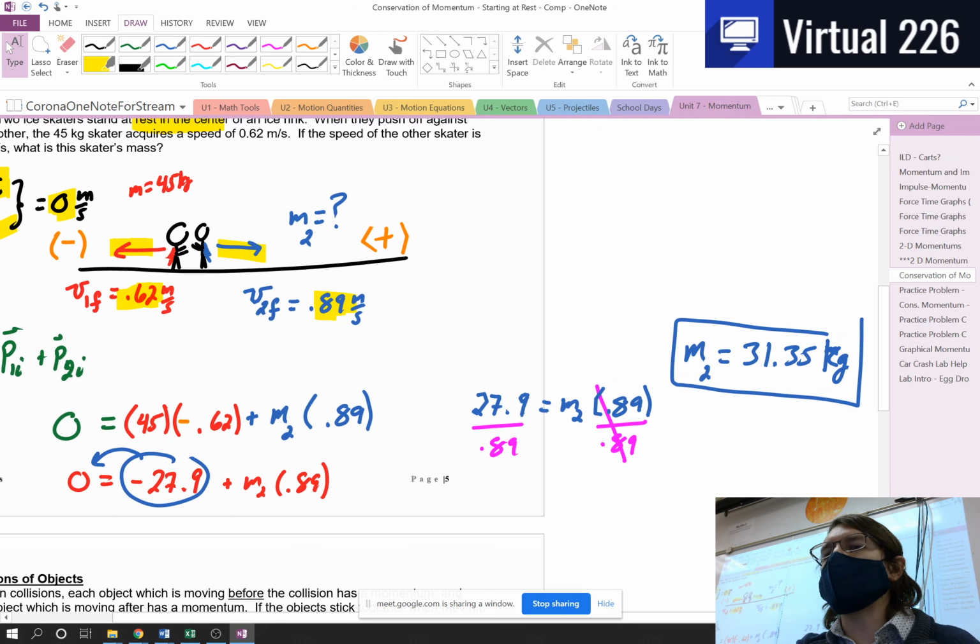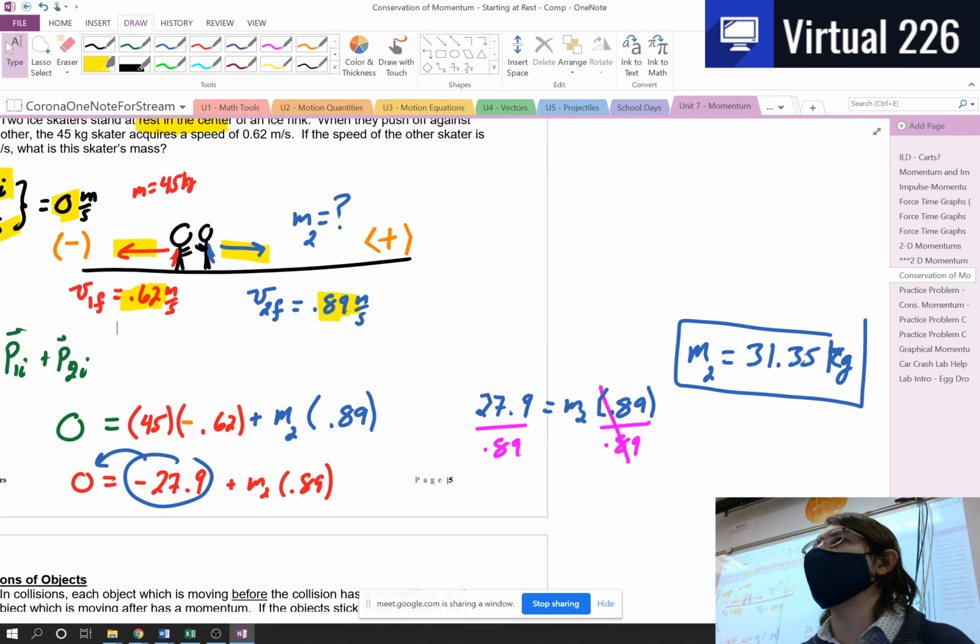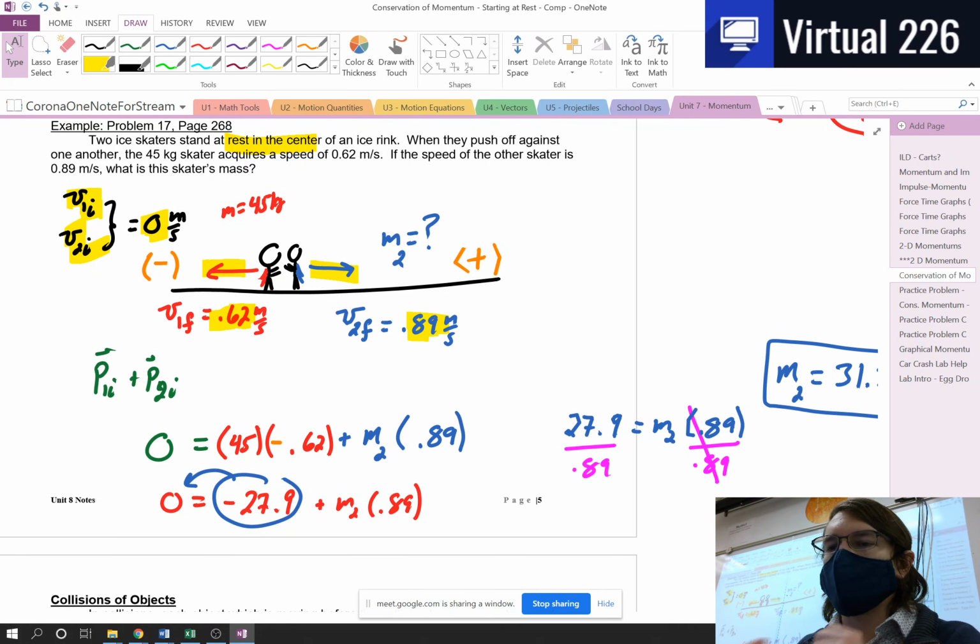So that's our first type of problem for the conservation of momentum, these separation problems. Oftentimes these problems are going to have initial momentums of 0 because the objects will not be moving, and then they will explode or release or separate somehow, and then we'll have to put together those conservation of momentum equations on the second part there. And just remember, we've got positives, we've got negatives, and that's physics.